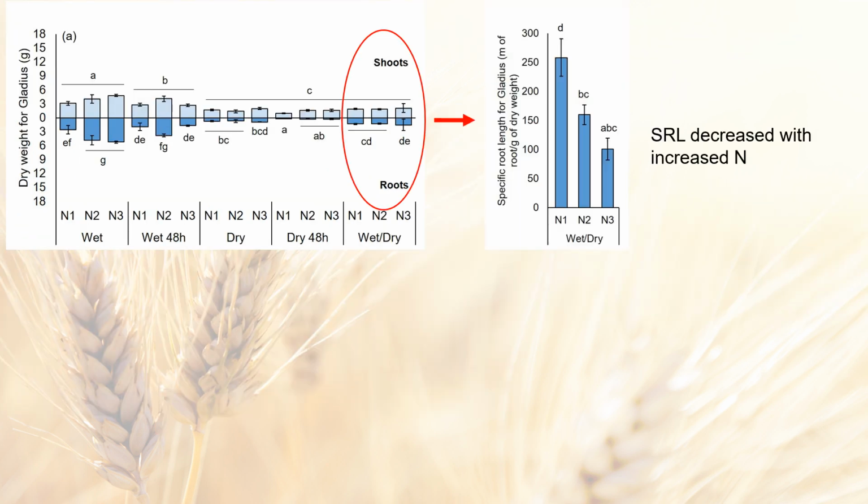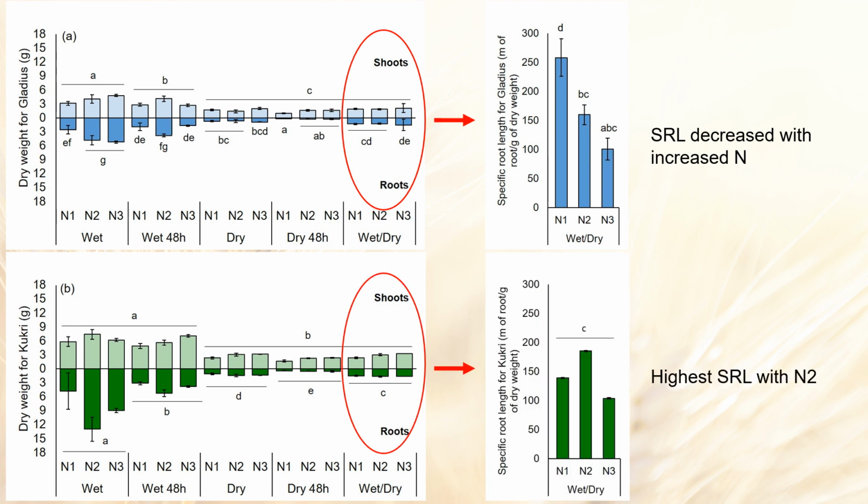So again, I wanted to compare the two genotypes, but also I wanted to compare specific root length in relation to the biomass. So if we zoom in a little bit and look at the wet-dry biomass for Gladius, we can see that the root biomass is relatively the same across the different nitrogen treatments. However, what's really interesting here is that if you look at the specific root length, there's a huge difference with the nitrogen treatments. So with the increase in nitrogen, you actually get a decrease in specific root length,